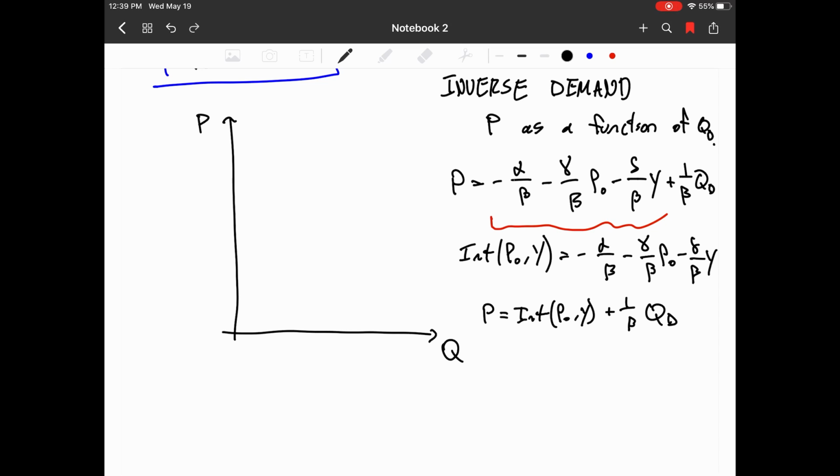And let's do some graphing because we all love graphs. So you'll remember beta is negative. It's negative 2. So that means we have a downward sloping relationship between price and quantity. And on the vertical axis, the intercept is given to us by